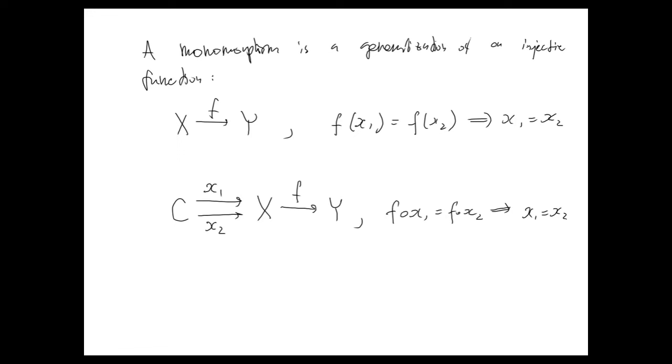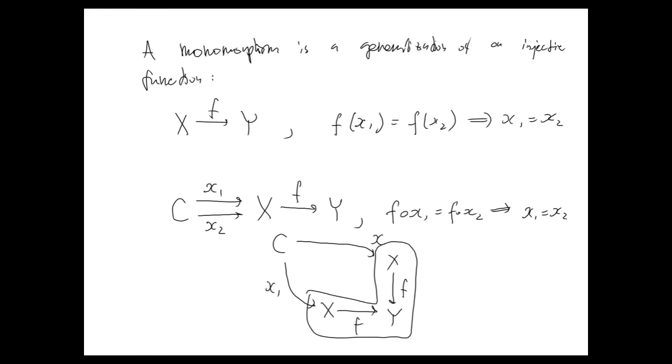But then this can be redrawn in a different way. So I've got f, having x1 and x2 with the same source, such that f x1 equals f x2, is the same as having a cone over this diagram of f and f, right? That's exactly what a cone over this diagram would be. Maps x1 and x2 such that f x1 equals f x2. Now, saying that x1 is equal to x2 is equivalent to saying that